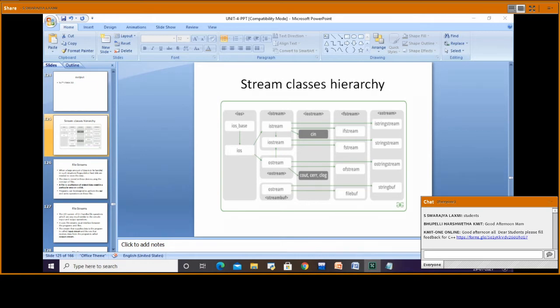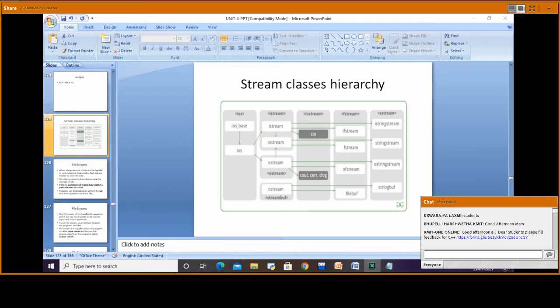We have seen how to create manipulators as well as user defined manipulators and how to use those manipulators in our examples. Now today we are going to start with the file streams.